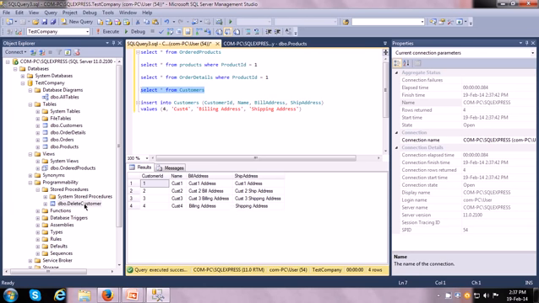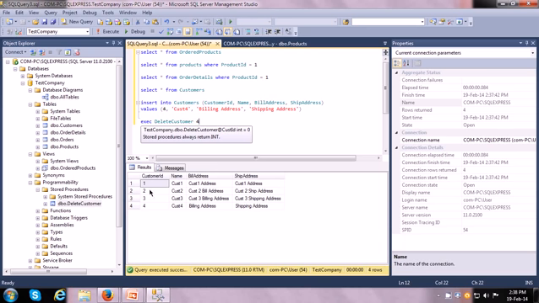Now we can test the delete customer stored procedure by executing it. So exec delete customer, and we have to specify the ID that we want to delete. I can give ID of 4.